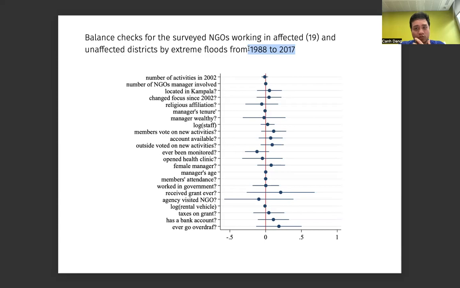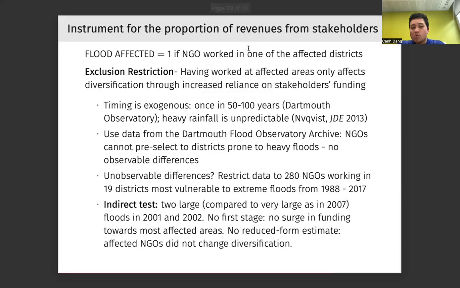So it's very hard for NGOs to self-select themselves into working in those severely affected areas in 2007. We also provide an indirect test for additionality. So the argument is the following. If we believe that the exclusion restriction holds, then in a case when we do not have a first stage, so if following a flood there would be no increase in the international funding towards the NGO, we should expect no effect of the flood working in the flood area on the